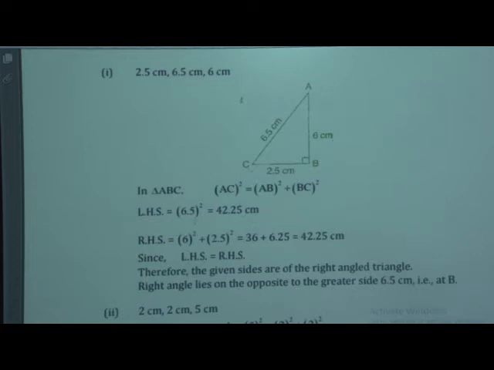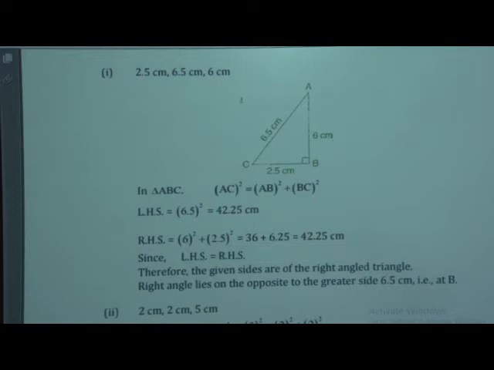RHS is nothing but the right hand side, that is AB square plus BC square. AB we have taken as 6 centimeter, so 6 square, plus BC is 2.5 centimeter, so we write 2.5 square. 6 square, you know, is 36, plus 2.5 multiplied by 2.5 we get 6.25, which is equal to